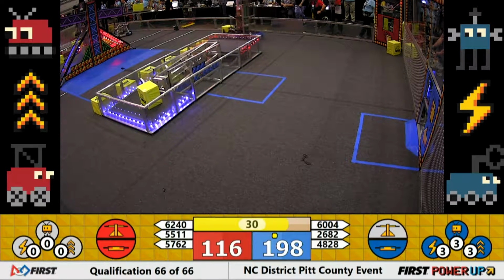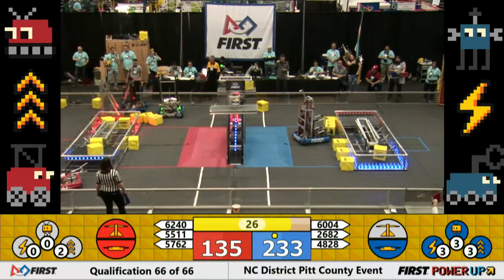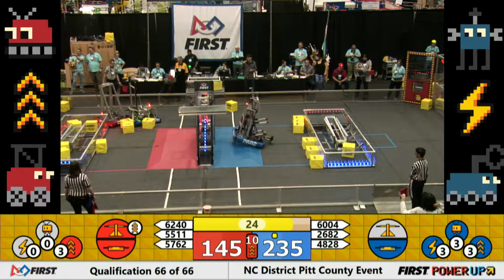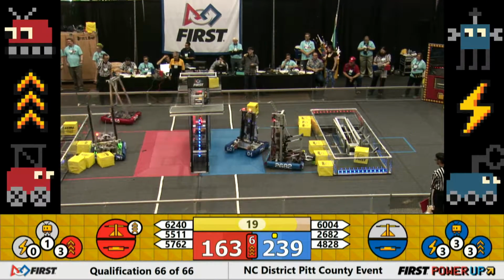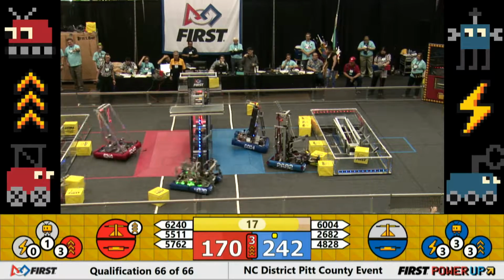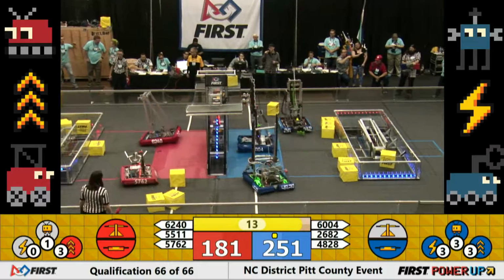But the Red Alliance right now has control of 2 balance beams, and the Blue Alliance only has 1. So their point generation is better, but they're far behind. You hear another power-up being used by the Red Alliance. They're trying to catch up using a boost, which doubles their point production from the scale and the switch. This is going to be a tight match here, as